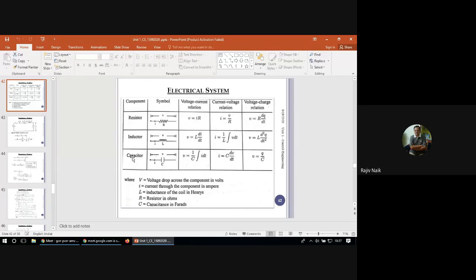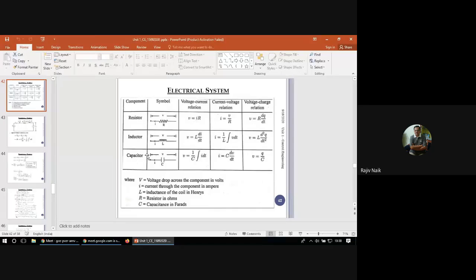In the next class, we are going to cover what is known as equivalent systems. That is analogy, meaning converting a mechanical system into an electrical system or vice versa. Because in control engineering, one more advantage is that we are generally not bothered about the units. We are just finding the similarities in system behavior. So it may be an electrical system, mechanical system, hydraulic system, pneumatic system, fluid flow system, or thermal system. Everything we are going to model in terms of resistance, capacitance, and inductance only.